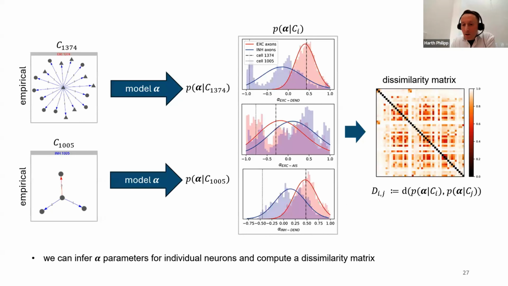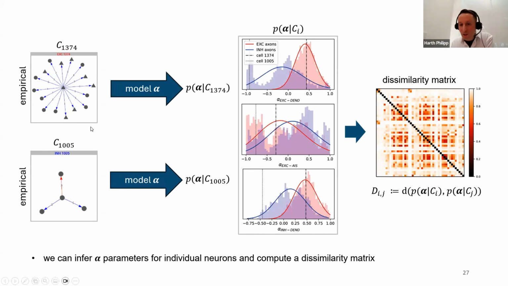What we also can do with this approach is to run this inference not at the group level, but at the level of individual cells. And this has been done here. So here we see one excitatory cell and one inhibitory cell with its connections. Here, these triangles represent other excitatory cells and these circles inhibitory cells. And we can now let the model fit the optimal wiring specificity parameters for these individual cells, and then we get a distribution over the inferred wiring parameters for individual cells, which can then be used.